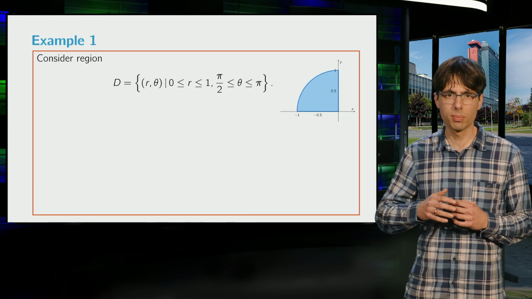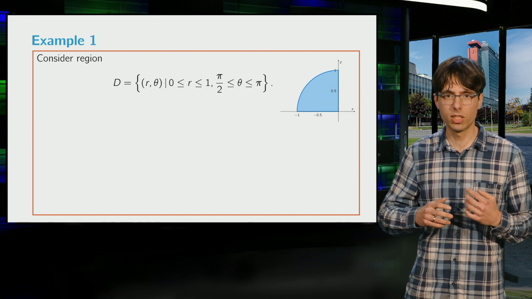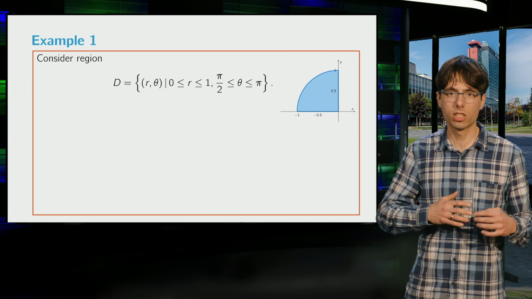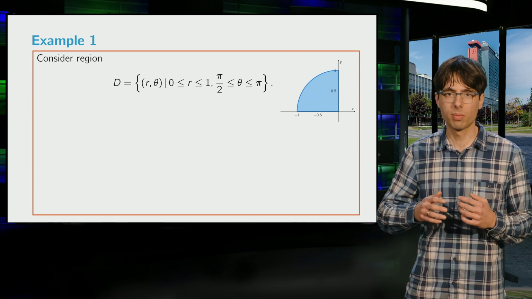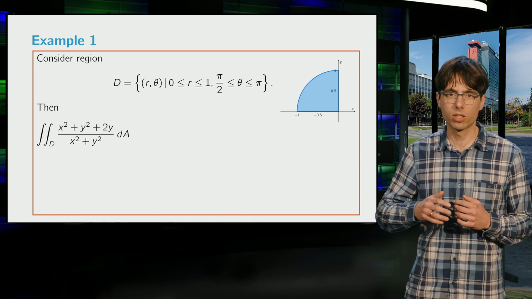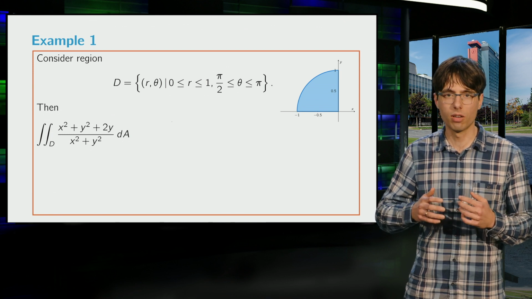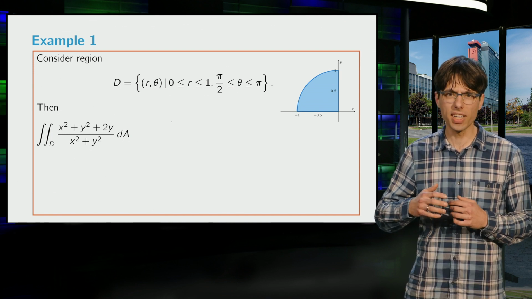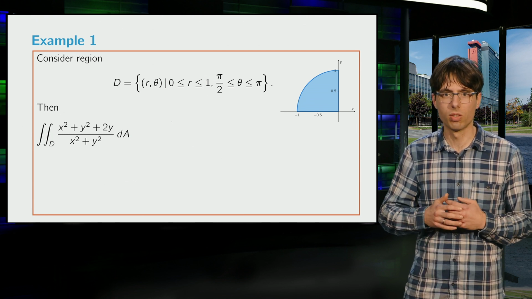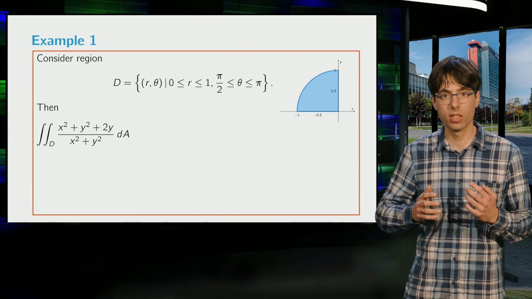To close off our treatment of double integrals, let's do two examples. First, consider the region D, which you see on the screen. This is a polar rectangle where r is in between 0 and 1 and theta is in between pi over 2 and pi. Suppose we want to integrate the function x squared plus y squared plus 2y over x squared plus y squared over this region. In regular Cartesian coordinates, it is very hard to compute this double integral, as both the description of the region